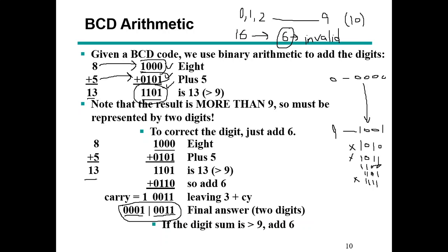सो इसी प्रोसेस को यहाँ पे दोबारा देखें। सो दिस इज 8 एंड दिस इज 5, ठीक है, बाइनरी बीसीडी दोनों एक ही हैं। You calculated their sum, it turned out to be 1101, 13. 13 is greater than 9. This is not a valid BCD code for 13. 13 का जो BCD कोड है वो है 1 और 3 के BCD कोड्स यूँ कॉन्कैटिनेट करना। This is 13 in BCD, ठीक है, in binary code।